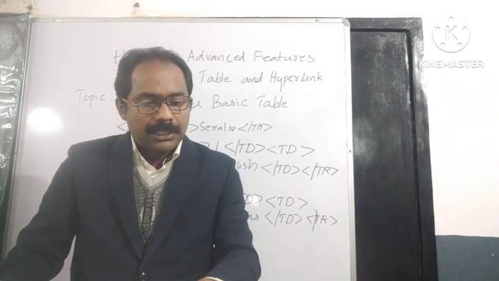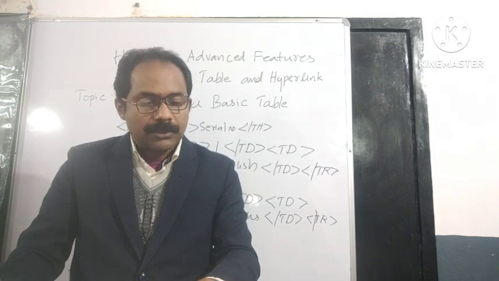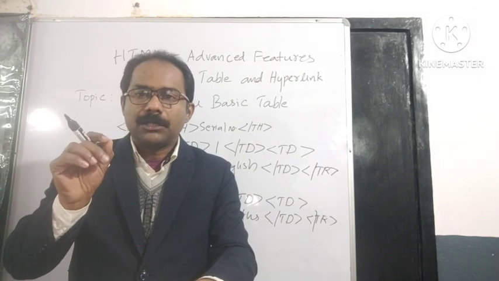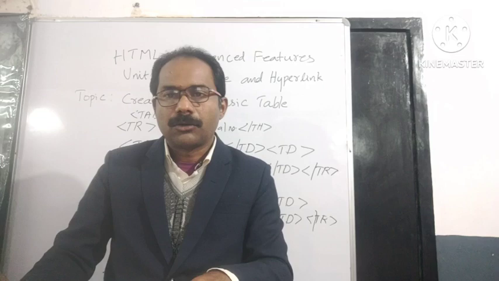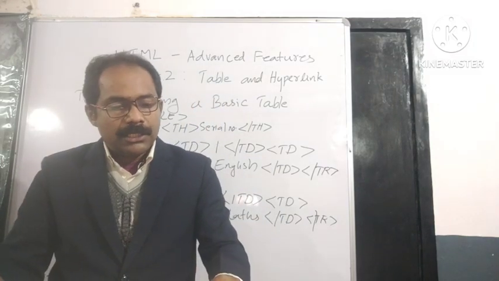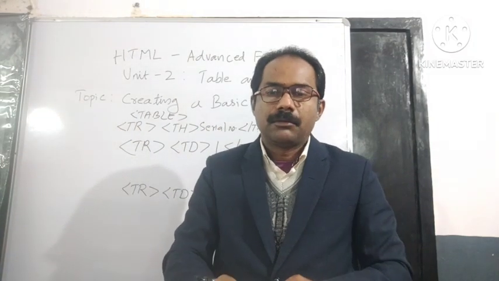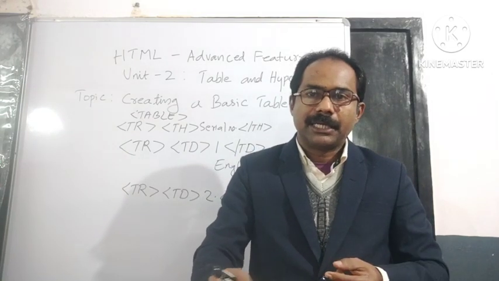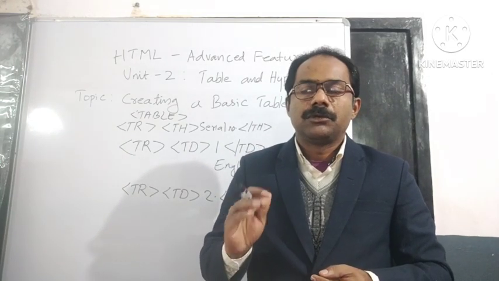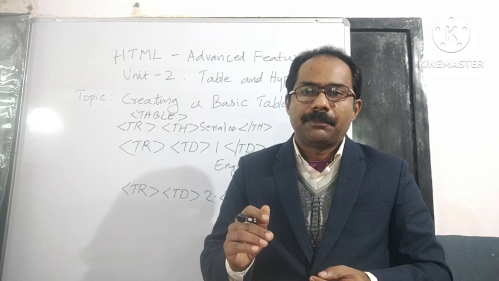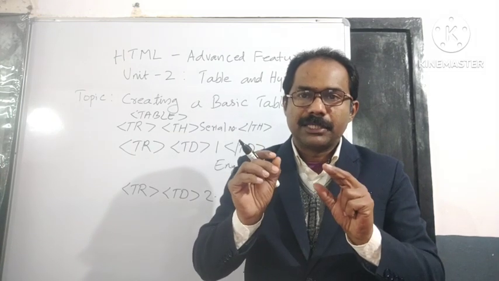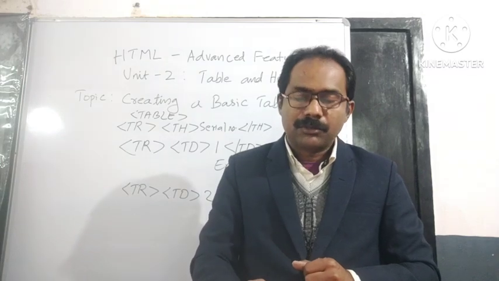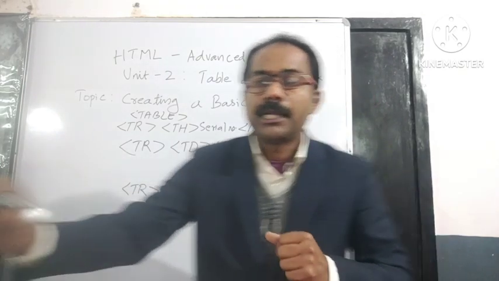So you can see the syntax of that one. Th tag, string of text. String of text can be a group of alphabets or numbers or symbols. Then close with /th, that is the close tag of the th. Now the next one is border. Border means, as I already told in the beginning, as we create a new table, the rows will appear. We have to provide the size of the rows and columns, the line width we have to specify. For that we use the border attribute.